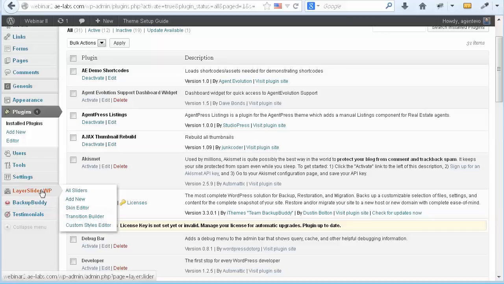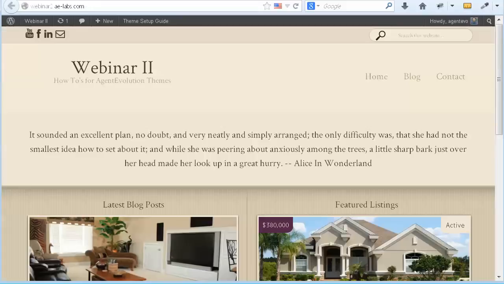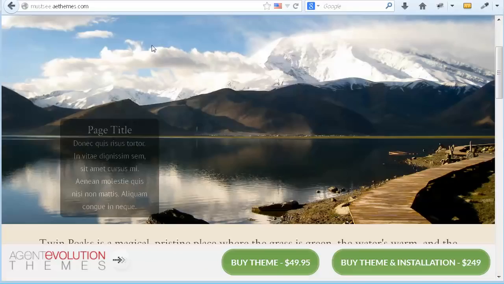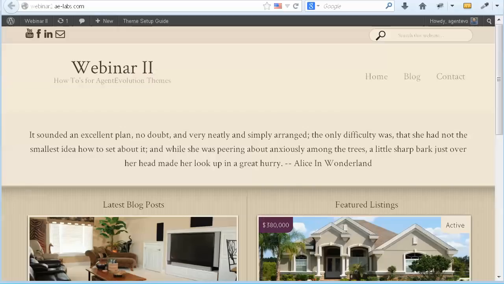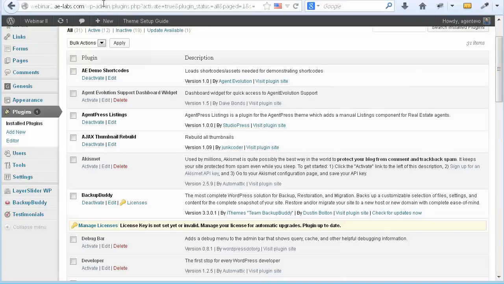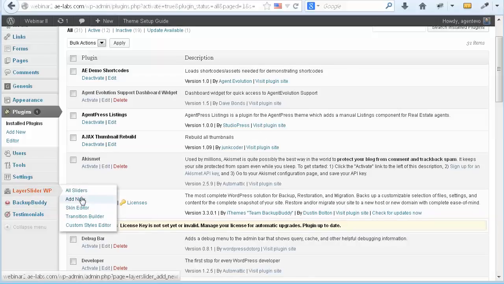So the first thing we want to do is create a new slider for our home page. You'll see the home page on our theme here doesn't have a slider in it like the demo does. You'll see the demo here with the slider. So this is what we're going to do now. We're going to create this slider and put it in that widget area. So we're going to go to LayerSlider, Add New,